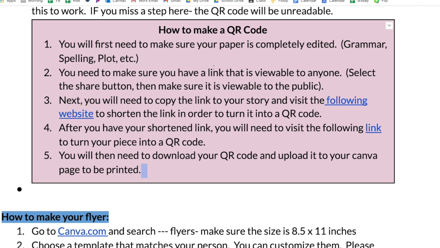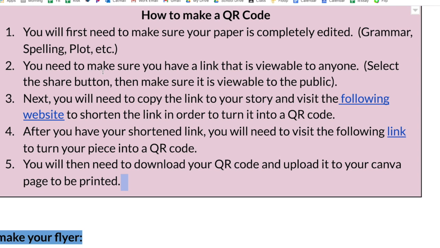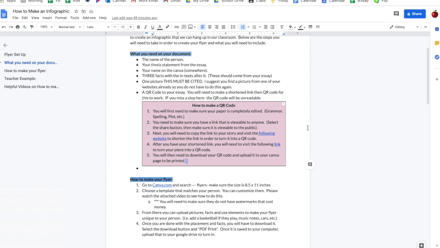I'm going to show you guys how to make your QR code. So first you want to make sure that your paper is completely edited, so grammar, spelling, plot, etc. You then need to make sure that you have a link that is viewable. So if we look at my Google Doc, to make sure it's viewable, you hit share,